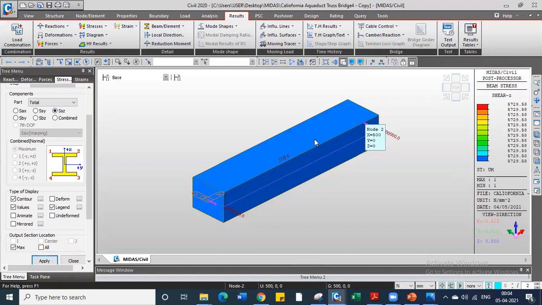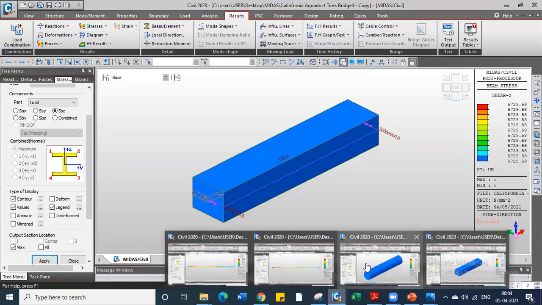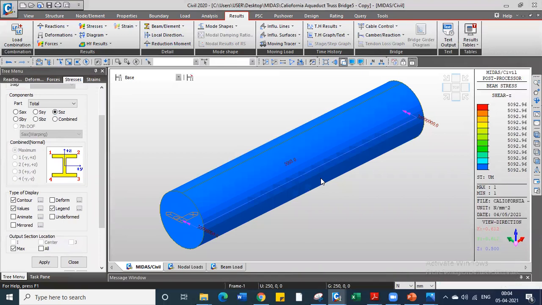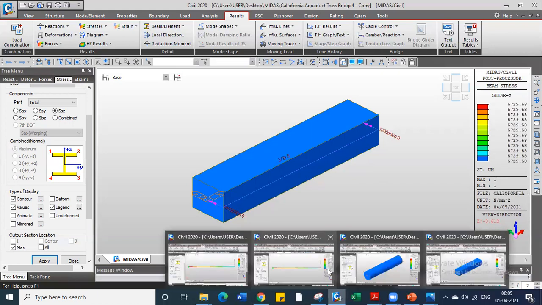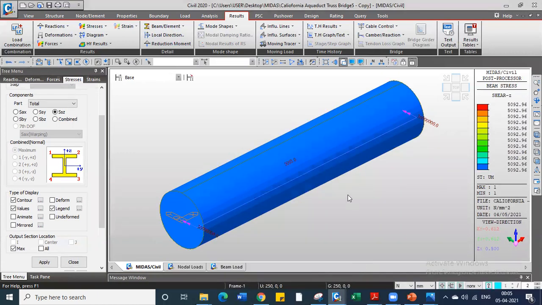So you see, in this case, we are getting almost 600 MPa higher stress for a rectangular cross section when we compare this to a circular cross section. What will happen is that in the design of the circular cross section, we will require less material, whereas in the design of such a rectangular cross section, we will require more material because the shear stress developed is very high, in the order of 5,730, whereas in case of the circular cross section, this comes around to be 5,093 MPa only.